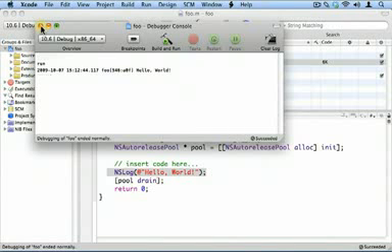The other thing I wanted to mention in this introduction to the Foundation framework is the forum that exists